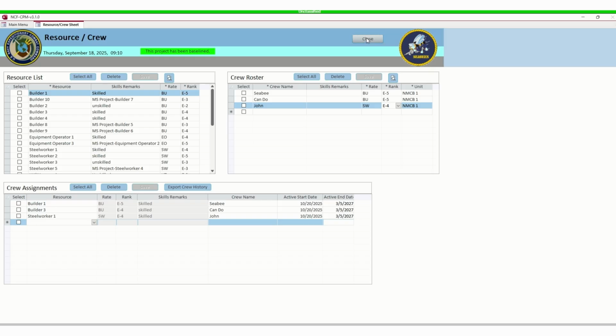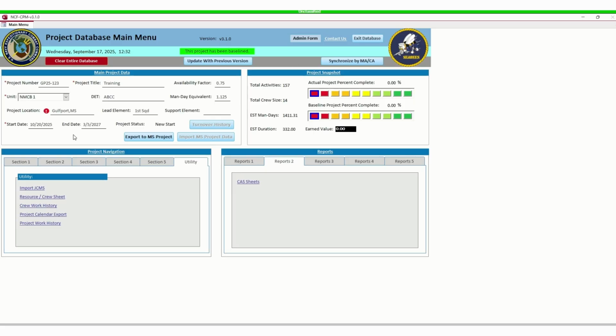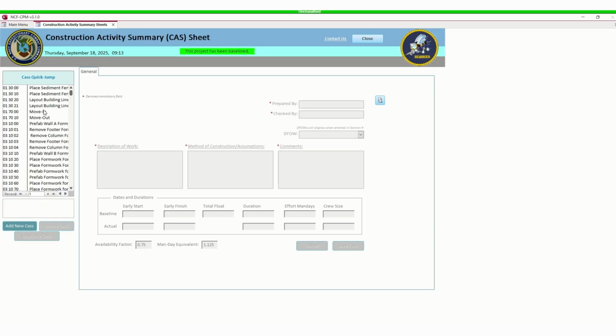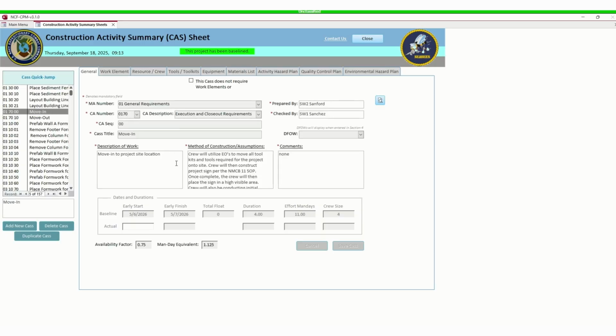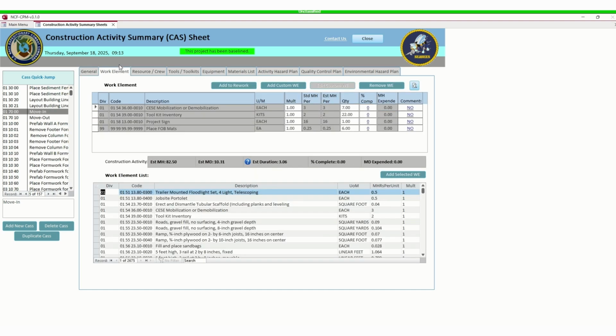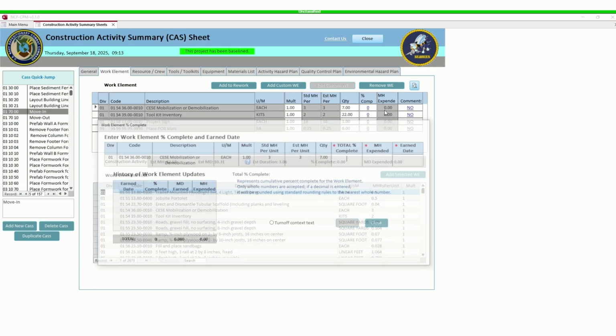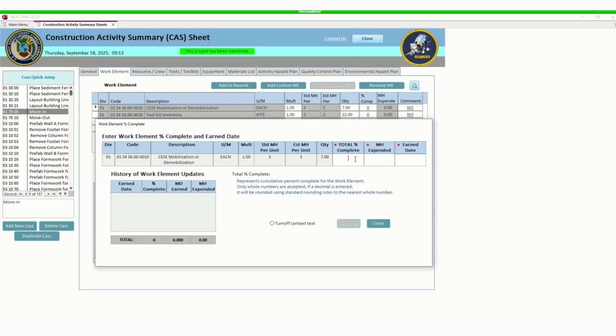All right, so let's go ahead and get out of this and start actually entering data in the project. When you complete work on the project now, you'll go to section 2, to your CAD sheet, and you'll start putting in work. Once you go to work element and start putting in information, let's say I say this is completed 100%